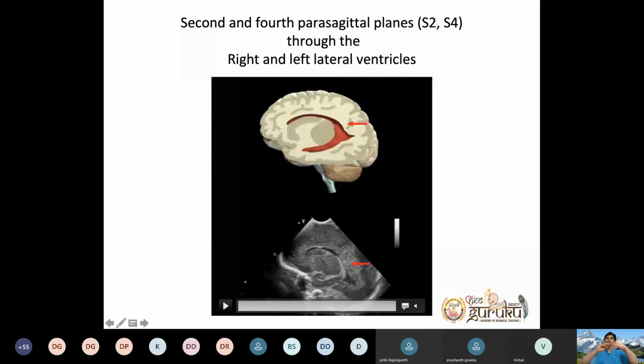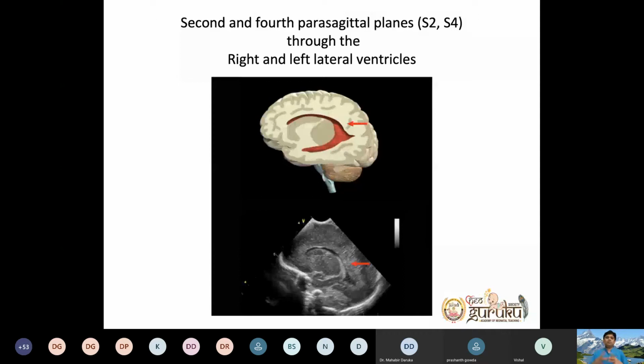That is a point where the germinal matrix convolutes and disappears by 36 weeks. So any germinal matrix bleed in extreme premature babies, you see at that point. Choroid bleed is different, germinal matrix bleed is different. Once we take up the IVH class, we will tell you how to differentiate.